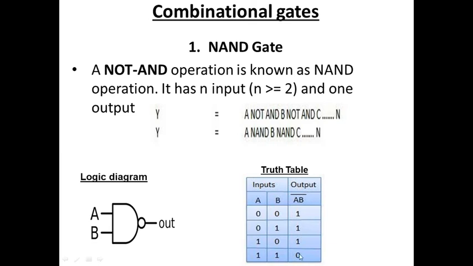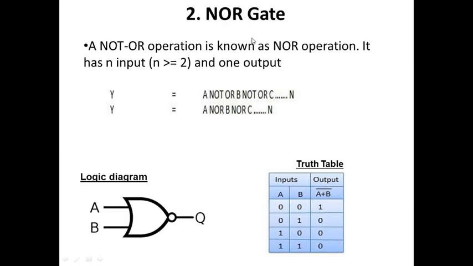Okay. Next is a NOR gate. NOR is NOT OR. So you have OR gate here and there is a bubble attached to it. So what it is doing, it is A plus B the whole bar. Output is A plus B the whole bar. So 0 plus 0 is 0, the bar of it 1. 0 plus 1 is 1, bar is 0. Okay, so you get 1 0 0 0.